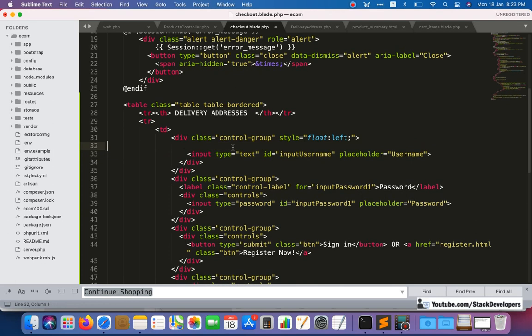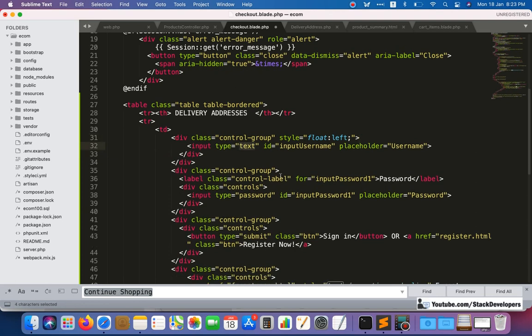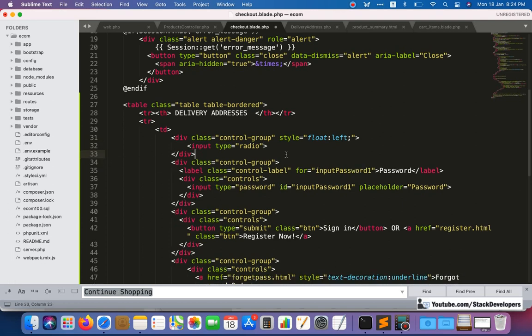I will give an input type radio button for the address, and this one I can remove. After that I'm going to close this div, and this one is not required.